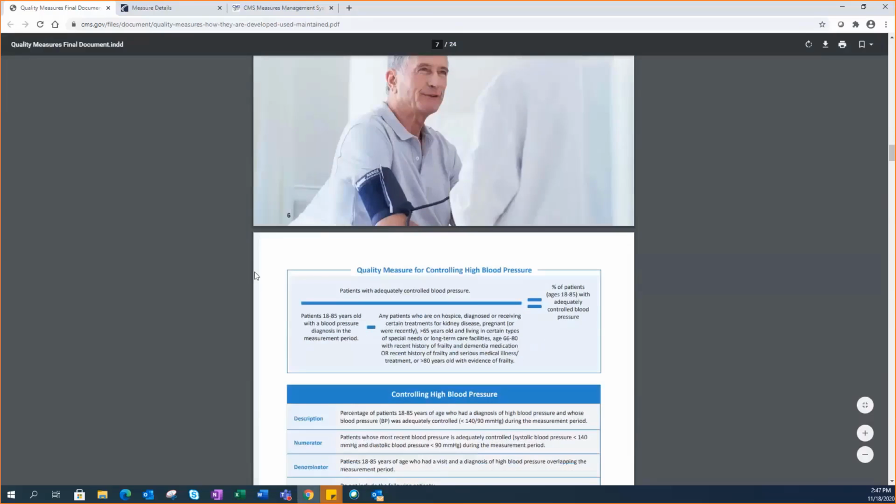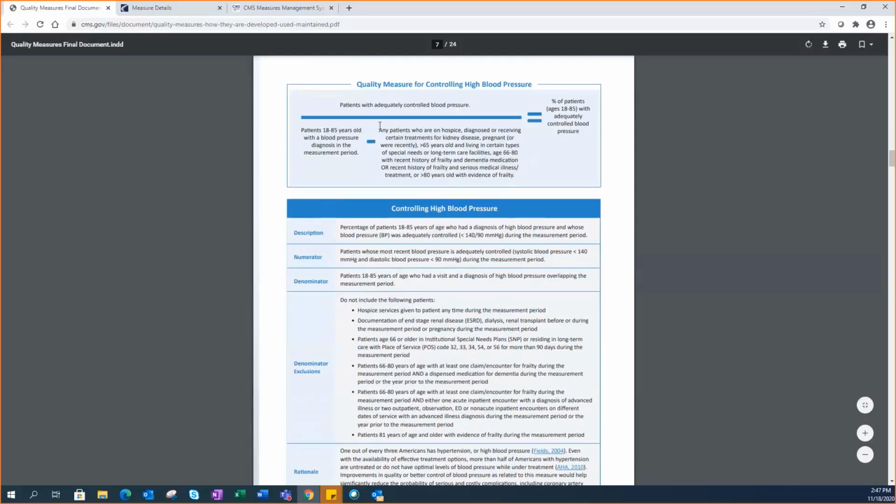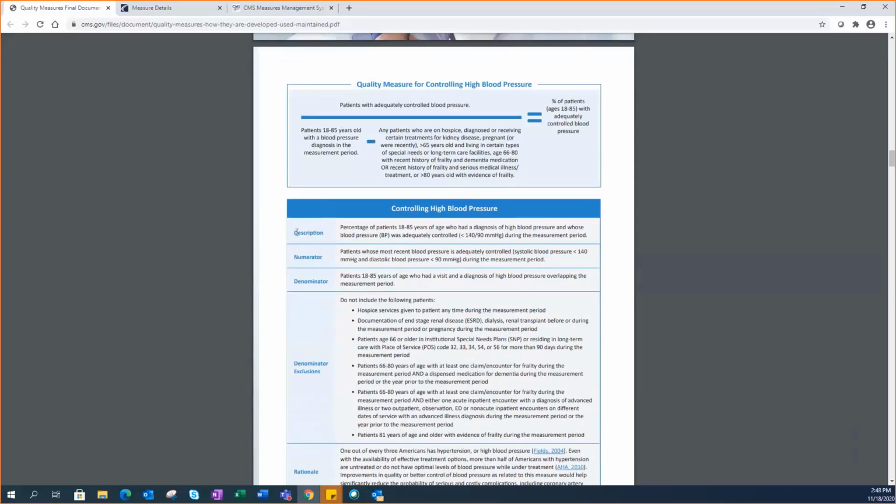And then on the next page here, what you see is, based on that description, an illustrative example of that measure shown as a formula. And then that same measure reflected below it in a way that people, I think, are used to seeing quality measures. So where you hear the description, which is just what this measure actually is, the percentage of patients 18